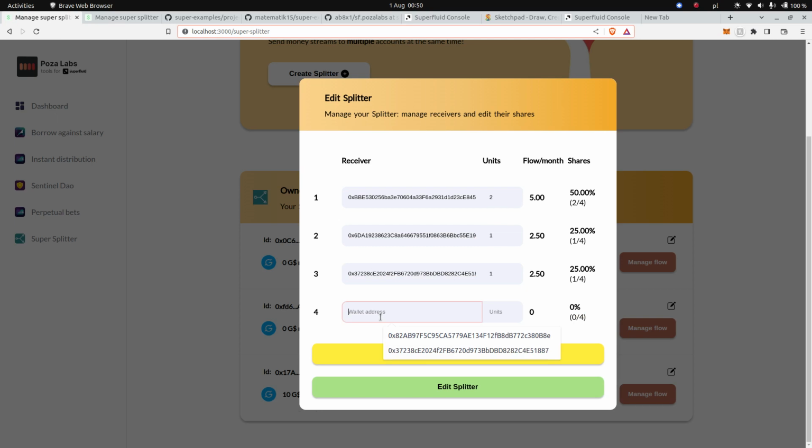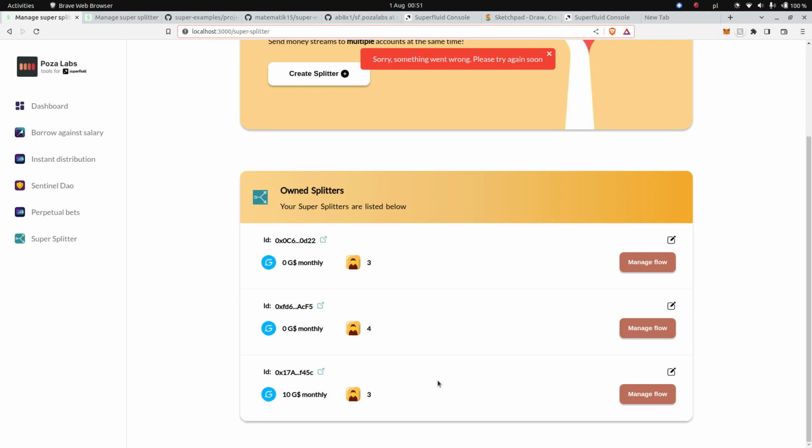So now, just for good measure, let's add another receiver here. And you can see that when I edit the units of this receiver here, it also automatically adjusts the flow that results from this. So for example, let's give him 4 units, hit edit splitter, and